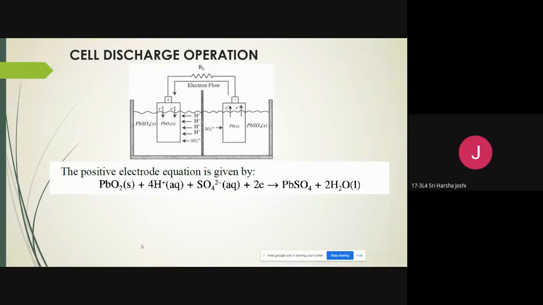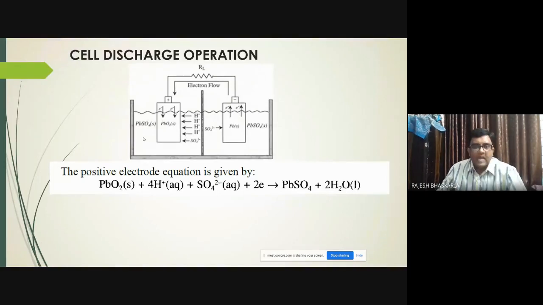Once more, sir. Okay. So at the positive electrode, we have lead oxide. This lead oxide reacts with electrons. That means it takes the electrons. It is ready to accept the electrons. That is why you have to know that the positive electrode receives the electrons. By taking the electrons, at the positive electrode, lead oxide with 4H+ and SO4 2- is forming lead sulfate and water. Is this clear? During discharge, you are getting lead sulfate and water. Is this clear?